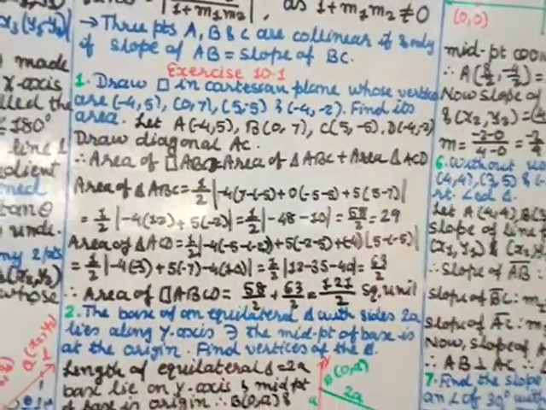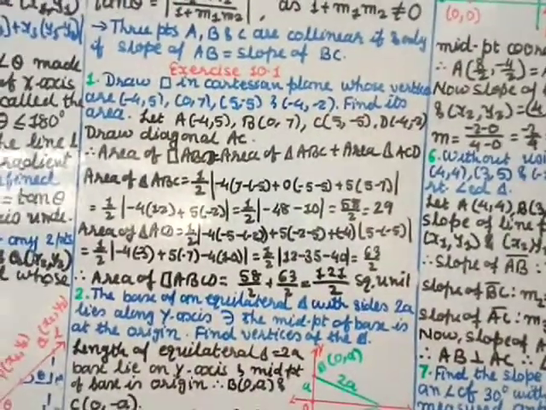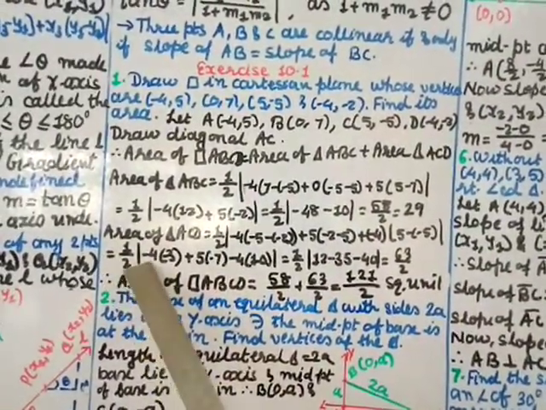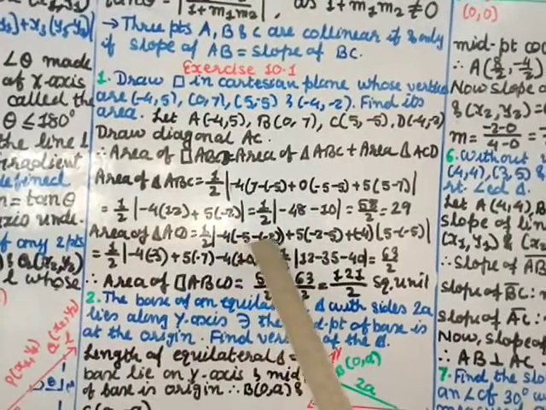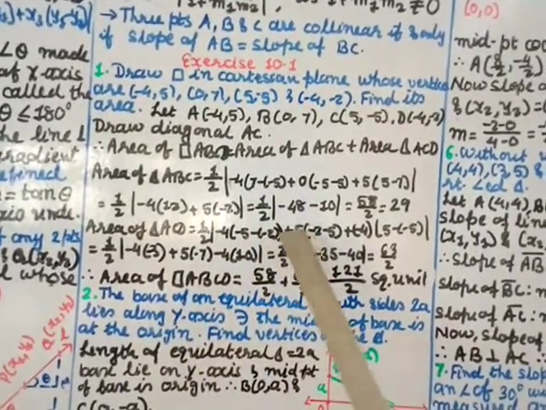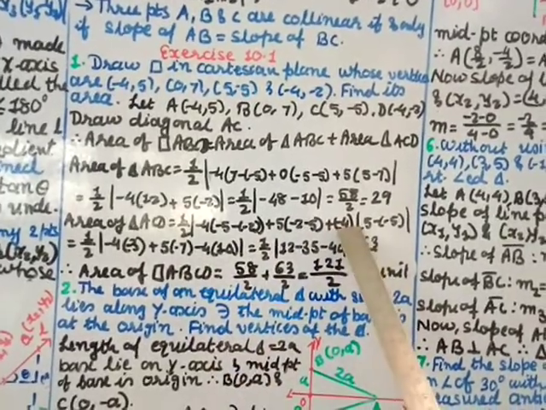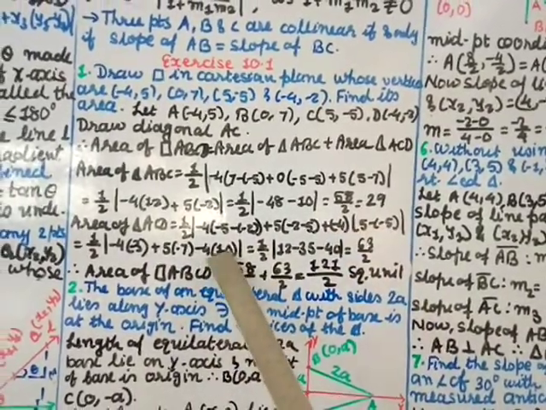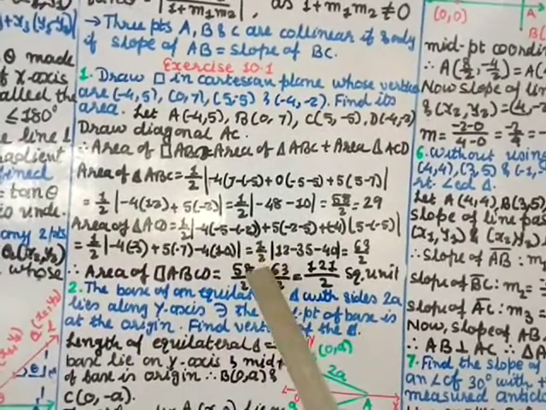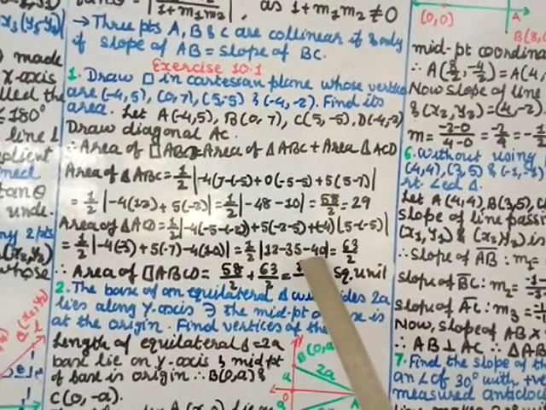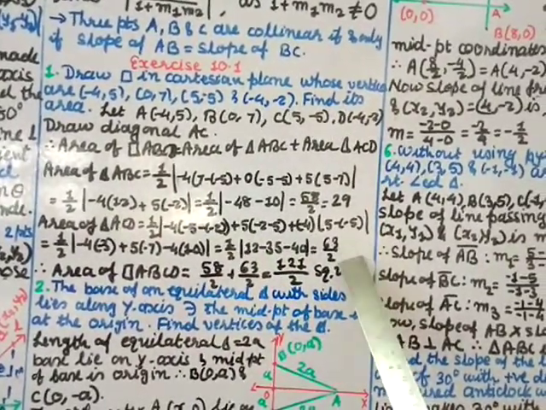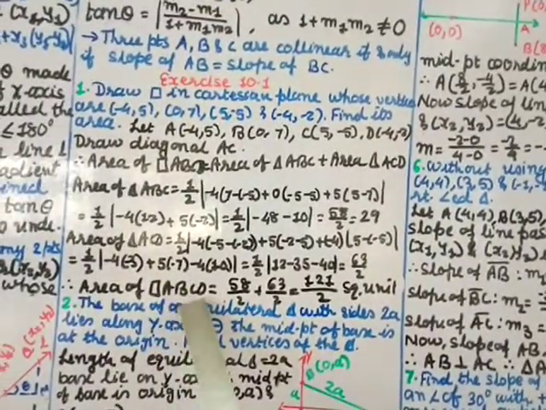Okay, I think that you can do it because this is of class 10. So we get here 1 by 2 [-4 -5 minus and minus plus 2 gives you -3 plus 5 -2 minus 5 gives you -7 -4, 5 minus and minus plus 5 gives you 10]. Okay, this you simplify, you get 1 by 2, 12 minus 35 minus 40, and this value is 63 by 2. Now you have to find the area of the quadrilateral ABCD.